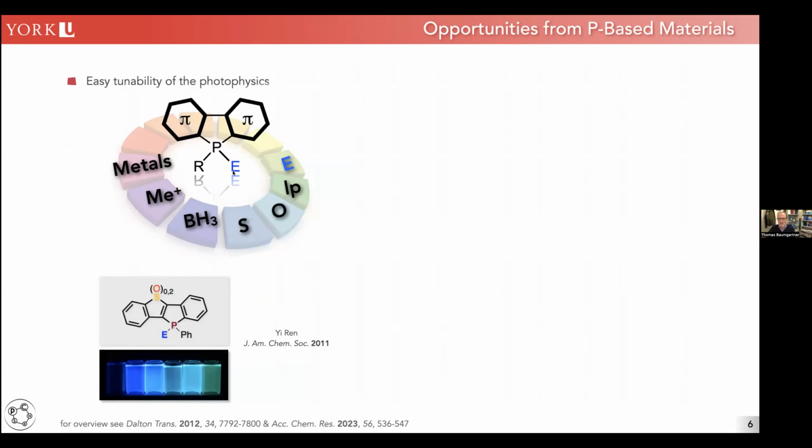You can oxidize it, put an oxygen in here or sulfur, or you can put Lewis acids on there, and ultimately create a second bond. And that second bond also has an antibonding orbital that can then also interact with the pi star system. So we can actually install a secondary sigma star pi star interaction and modulate the energy level of the LUMO and make it a much stronger acceptor species in this case. And this is shown down here on the bottom as well.